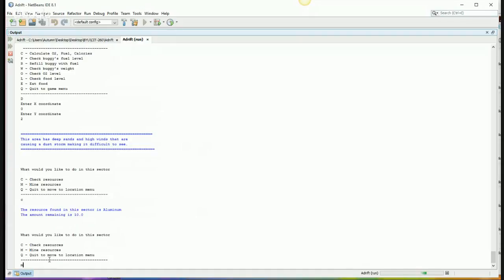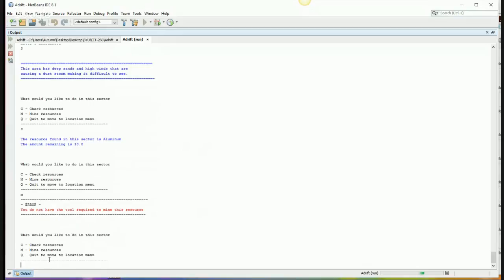Okay, I want to mine some aluminum. Once we do mine resources, it says you do not have the tool. This is a great example. We couldn't mine it because we don't have the tool. But for purposes of explaining the array, what we did was take aluminum,